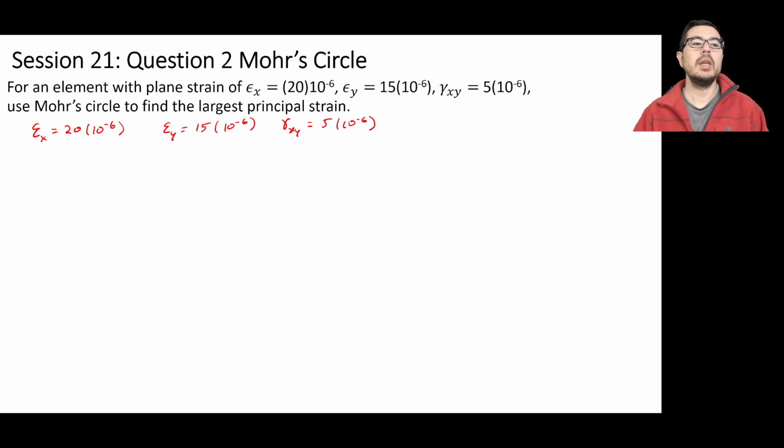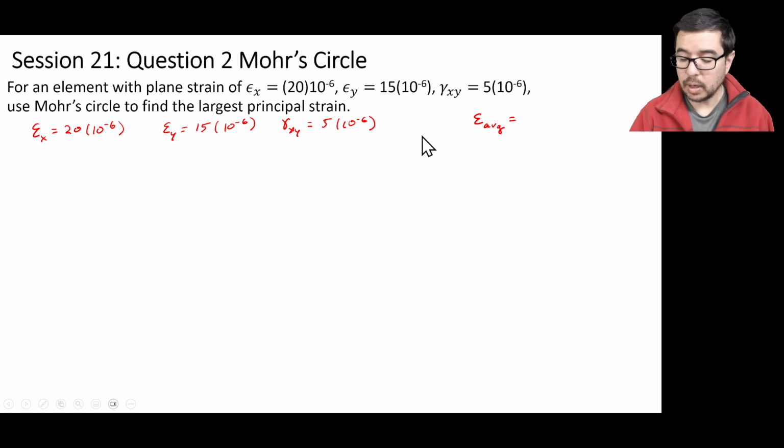What is the first thing we do when we start working with Mohr's circle? Well, probably to figure out the epsilon average, or when we're doing stresses, the average stress, so we can figure out where the center of the circle is. So epsilon average is going to be the average of epsilon x and epsilon y, so that's 35 divided by 2, so that's about 17.5